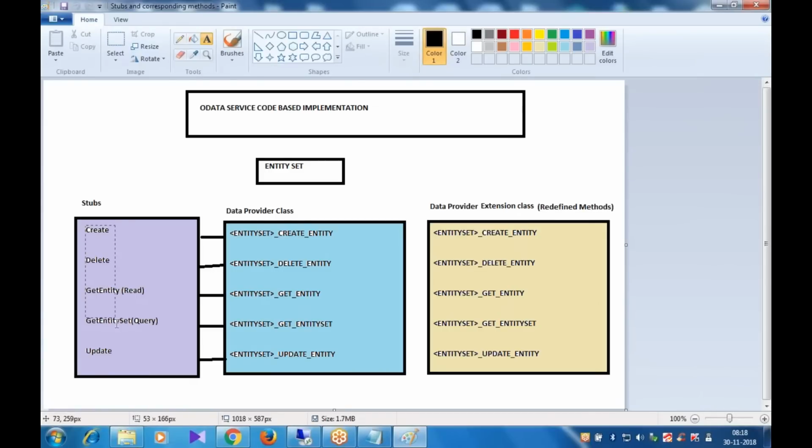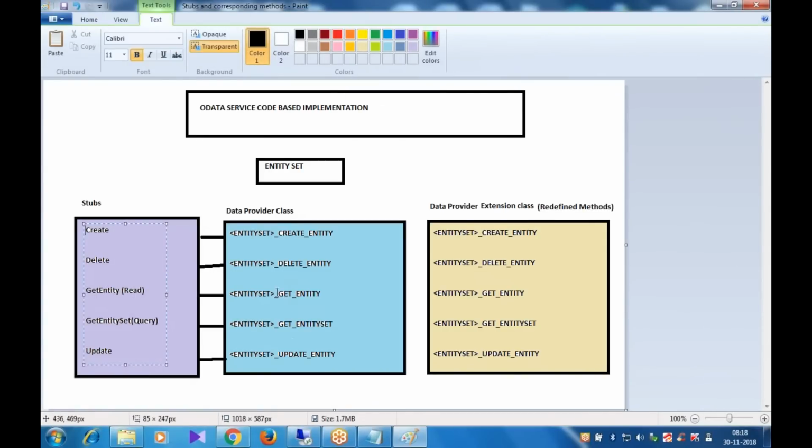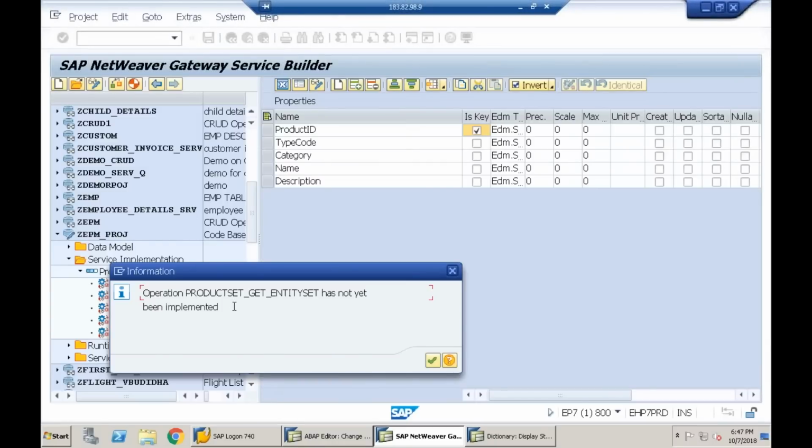So what I mean to say is every stub will be associated with a method. Those methods are available as part of which class? Data provider class. They are available as part of data provider class and they get inherited to another class called data provider extension class. Same methods get inherited here. So if you observe here, what is saying here? Operation means nothing but the method. Product set underscore get underscore entity set has not yet been implemented. So when I continue,